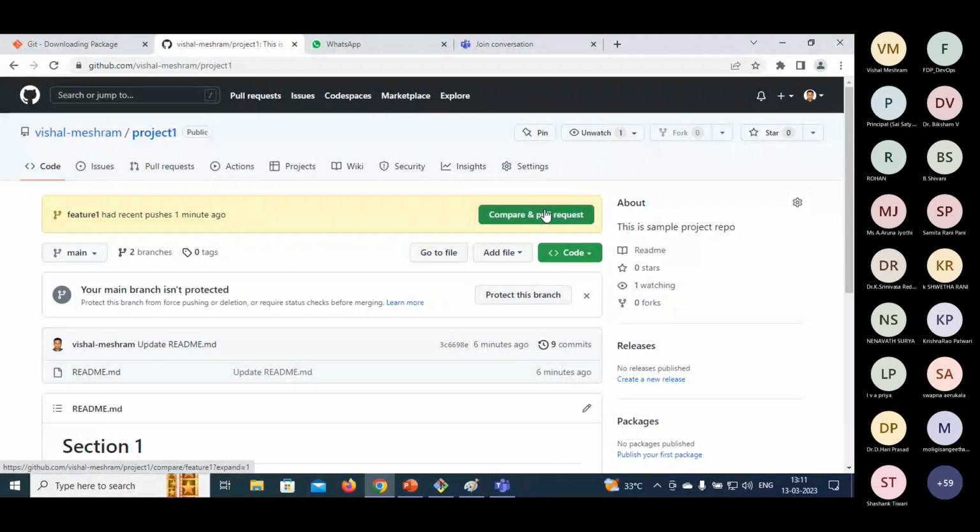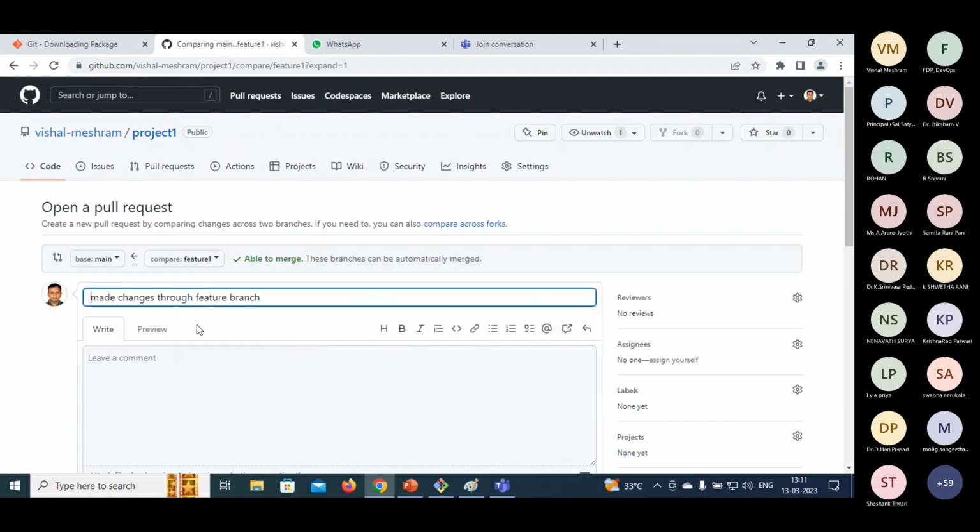That means, again, as the owner of this project, and some third party developer made some changes, and he requested me, sir, please compare. I have made these changes, and I have created this pull request. So here I click compare and pull request. I click on this button now, and then I am able to see here